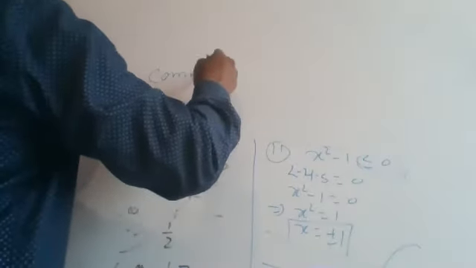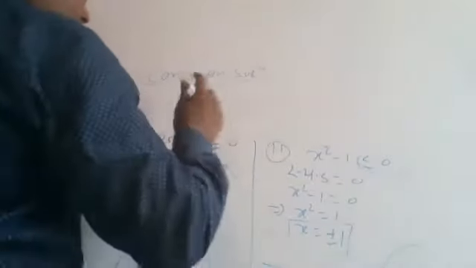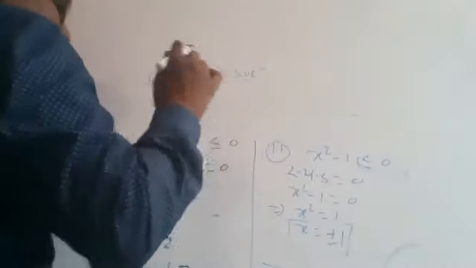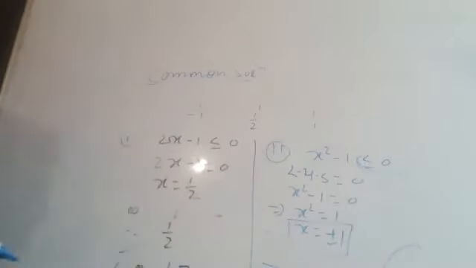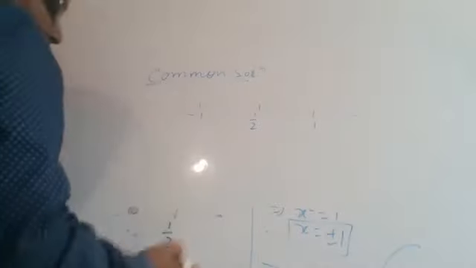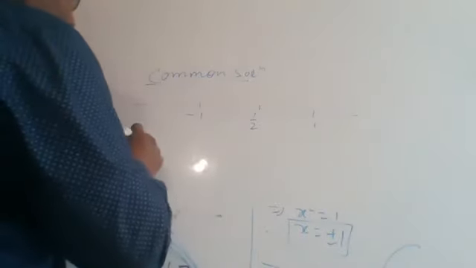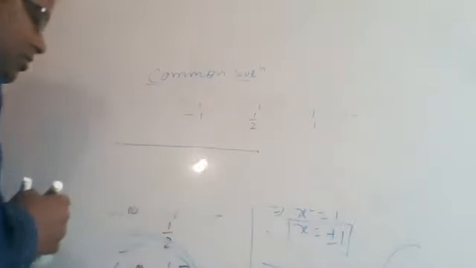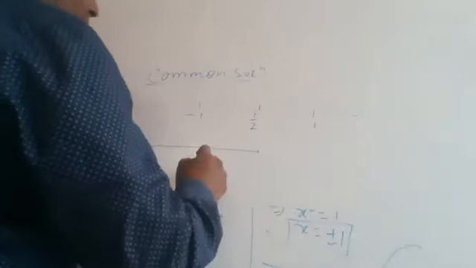How do we take the common? I just told you that all the values of x that have come, we have to combine both and put onto the number line. When you put minus 1, we get half, and then what do we get? 1. Simple. Okay. And after that, we have to draw the lines in a different color, or a different line, you can say, for the solutions. The first solution is minus infinity to half, so we make a line from minus infinity to half. And after that, one line from minus 1 to 1.